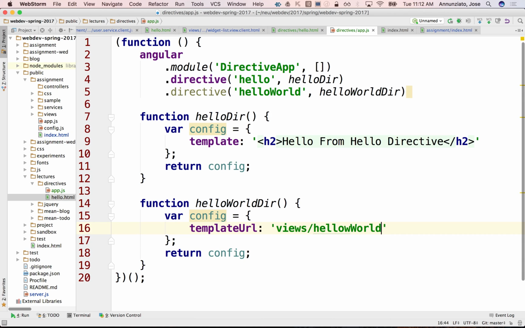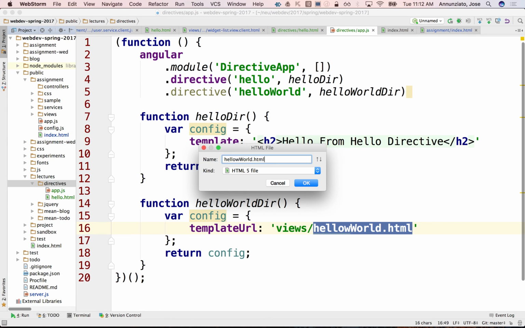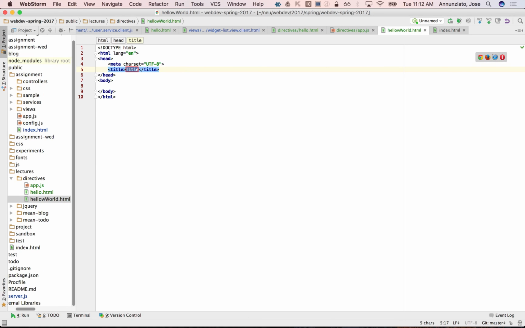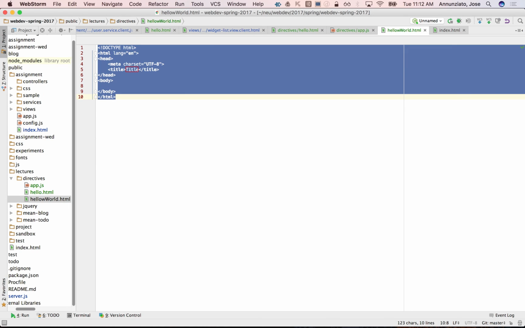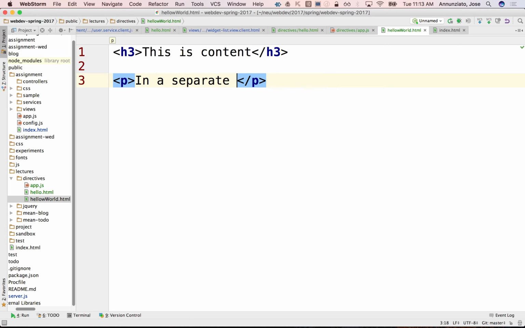hello world.html. So go fetch it over there. And so if we grab it and put it in index, let's see, where are we? Lectures, let's put it in here. So hello world, and well, it's a snippet, so we say h3, this is content in a separate HTML snippet,